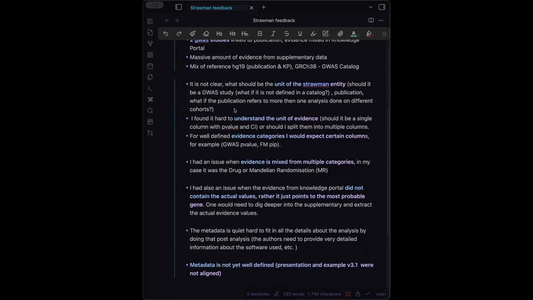But there was also another issue with those, because the actual publication comes with the hg19 reference, and then on the GWAS Catalog site we also obviously have the latest reference, GRCh38, right? So I had to do the liftover for the variants to actually see, for instance, the locus boundaries, because they were only defined in the supplementary table. So that was a bit of sculpting, I would say.